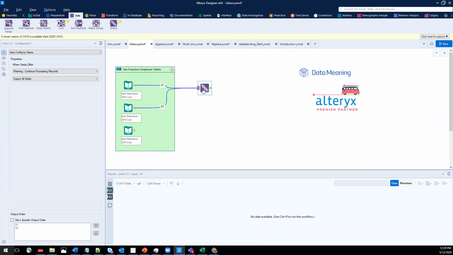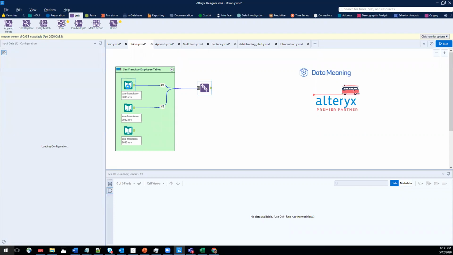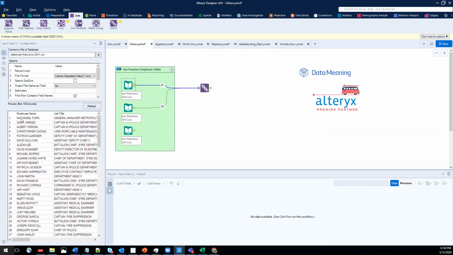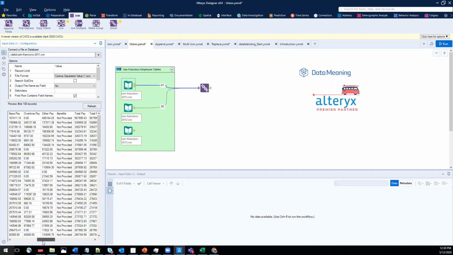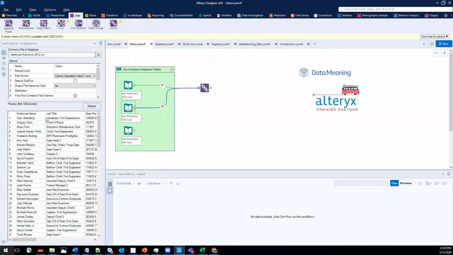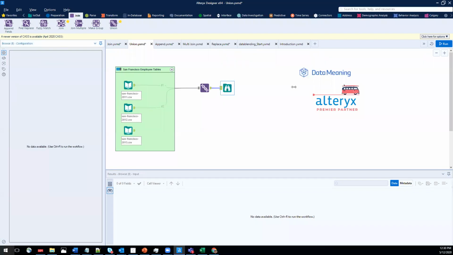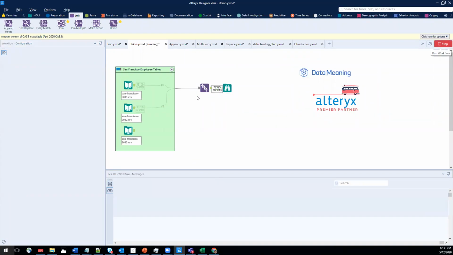If I'm looking at my union tool, the first option is to auto configure by name. So in this case, as I was pointing out in the slides, what's going to happen is it's going to look for this exact name: employee name, job title, with a space in between, other pay with a space there. Those are the exact names. Now, in my second table, it looks like I have the exact same things. So if I put a browse tool at the end of this and I run it for these two data sets,